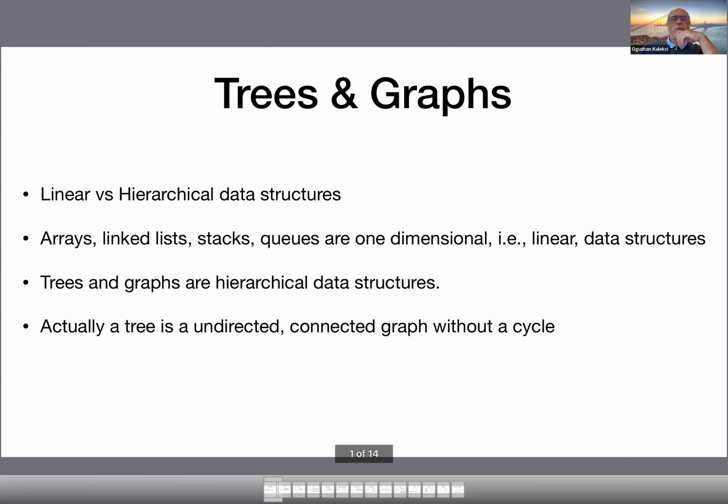Hello, everyone. After reviewing the arrays, linked list, stack, and queue data structures, in this lecture, we will just have a quick review of tree and graph data structures. Okay. So the difference between the previous data structures we studied and the tree and graph data structures is that